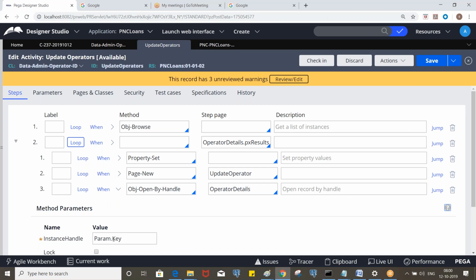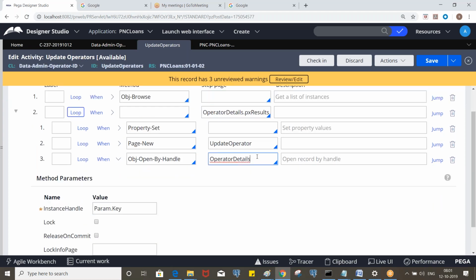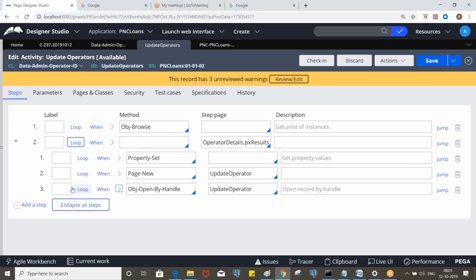Okay, so the instance handle will be data admin operator ID and admin of PNC. So it will fetch that corresponding record and put it on this page. Sorry, we need to use the update operator page. Same page. Clear?